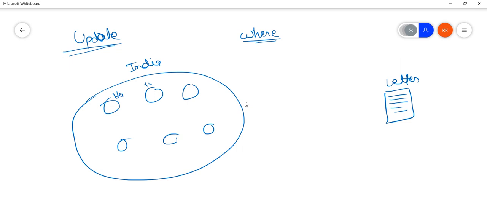House 1, house 2, house 3, house 4, house 5, house 6. Let's say this letter is going to be dispatched by you, and there is only one letter. To which house will you post this letter, this house or this house or this house?